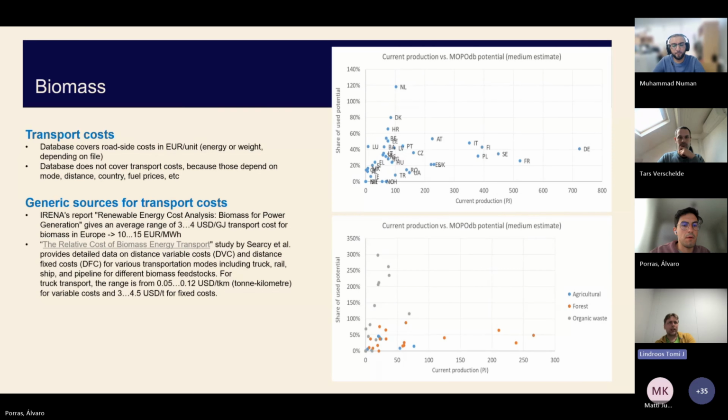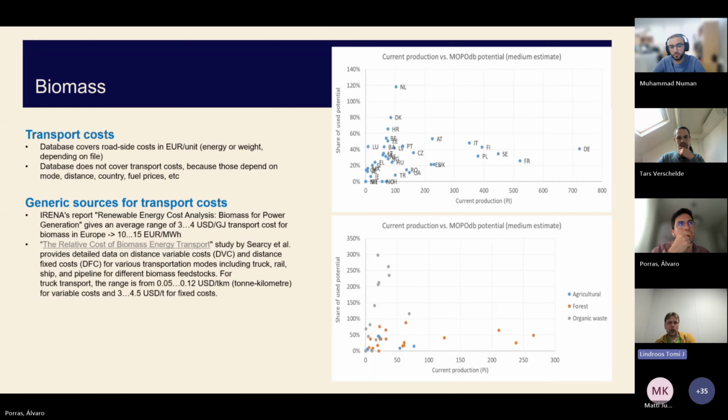Here is a quick example of two figures about the content. So what I said about the technical potential versus the current production. The higher figure has a fraction of unused potential.